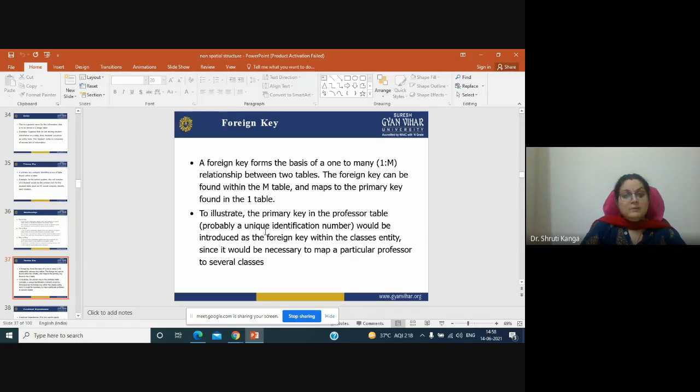A professor may be a primary key in the professor's table, but it can be a foreign key in a student table because he may be taking many classes for many students. Okay, so in that case, he will be a foreign key. Clear?